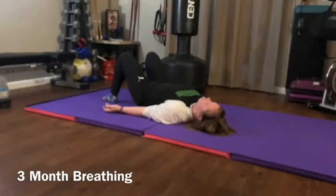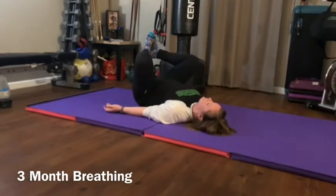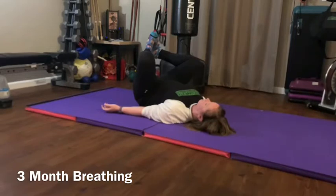3-month breathing. For this exercise, you're gonna lay on your back. You're gonna have your arms to the side with your palms up. You're gonna pull your knees up, put your feet together, and make sure your back is flat into the floor. You want your shoulders away from your ears, your neck nice and long, and get in the best posture you